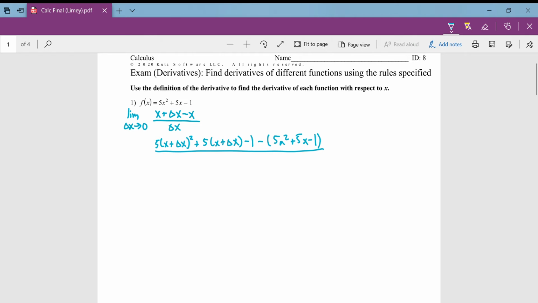Alright, and all that is over delta x. So yeah, the reason we gotta split it up is because there's the two x's up there. And then you would simplify